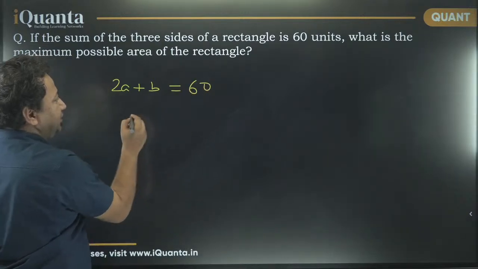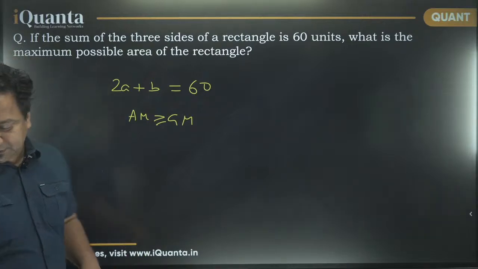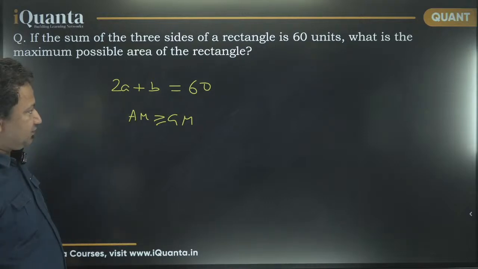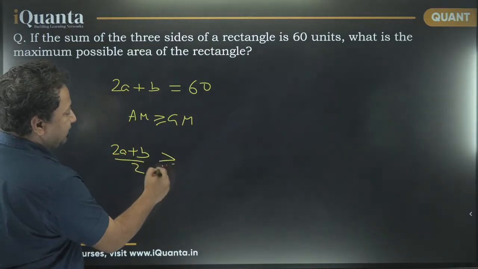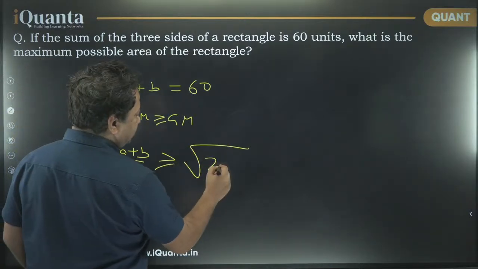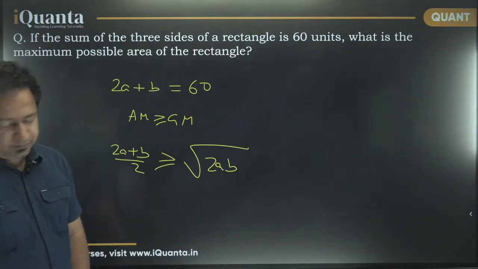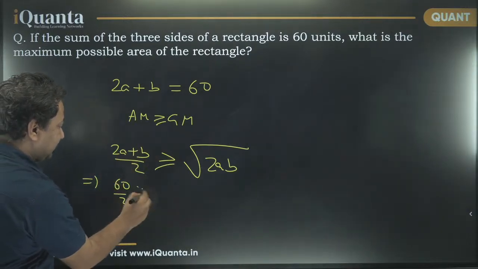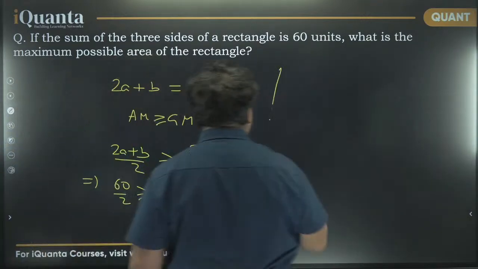60. Now all of us know that arithmetic mean is greater than or equal to geometric mean. We have two values, 2a and b. So (2a plus b) upon 2 is the arithmetic mean, greater than or equal to square root of 2ab. Is that fine? 2a plus b is 60. Let's put it there. 60 upon 2 is greater than or equal to square root of 2ab, which means 30 is greater than or equal to square root of 2ab,